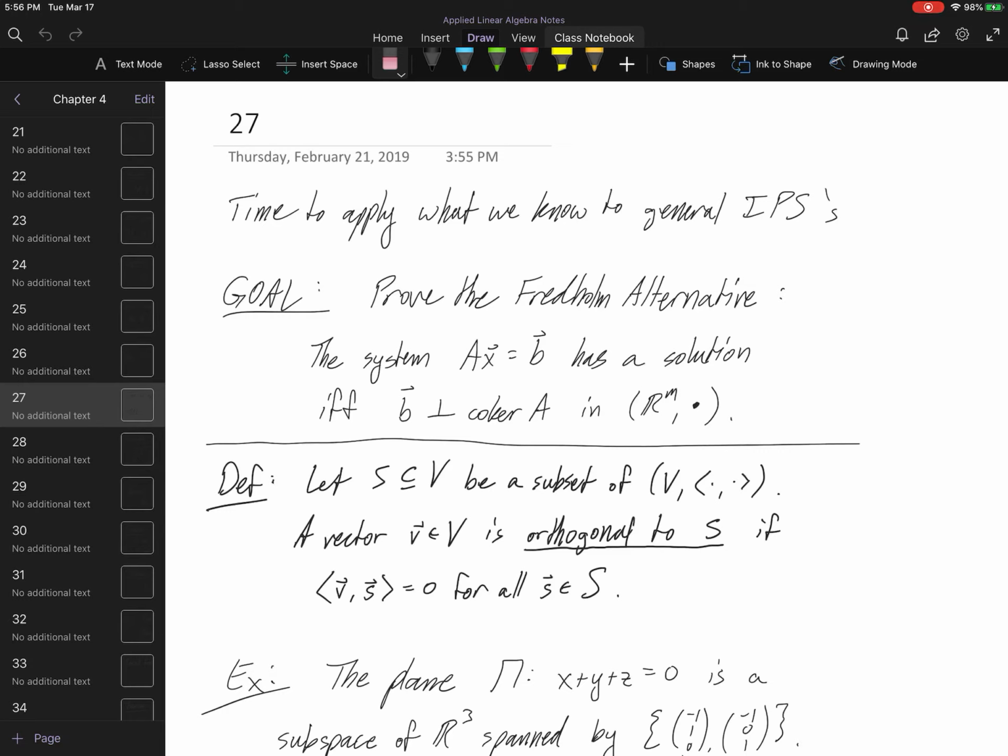And this is the idea of the orthogonal complement, and it plays a major role in what's called the Fredholm alternative. And this is telling you when your system has solutions in the first place. It's a good way to check that you have a solution before you go